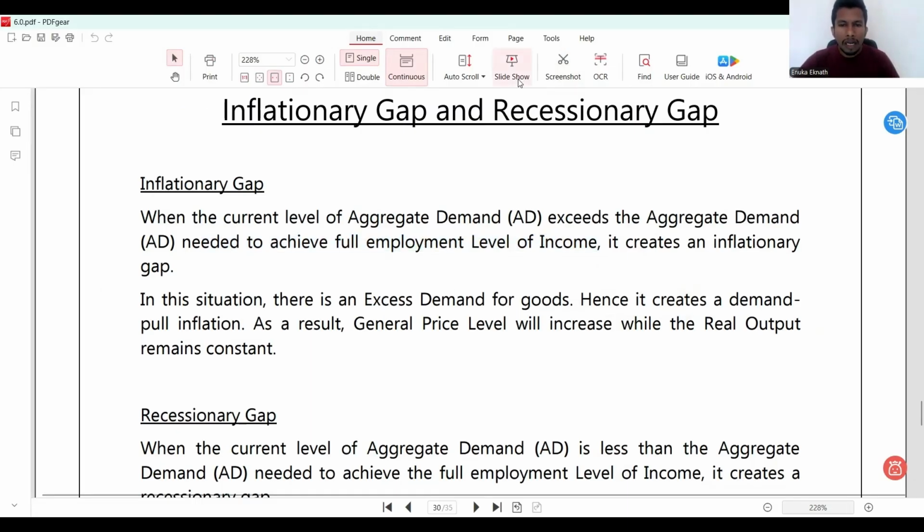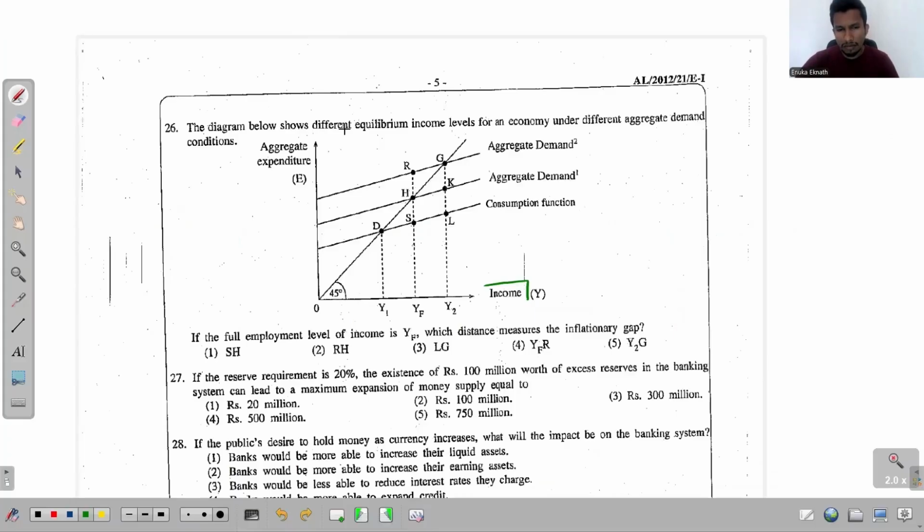Right. So let me ask this question now. Looking at all this information, looking at this entire diagram, you just try to recognize the aggregate demand needed to achieve this full employment